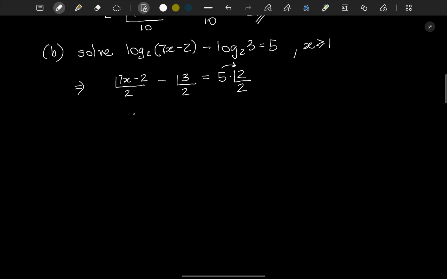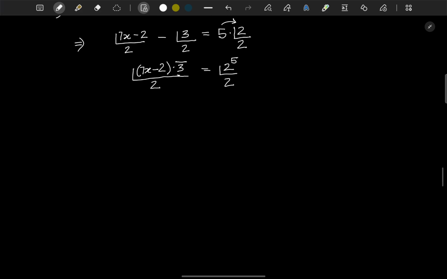So what we can say is log 2 of 7x minus 2 times, that's a divide, so that's going to be per 3, equals log 2 of 2 power 5. Now, both sides are log base 2. So we can just remove the log base 2's, and we end up with